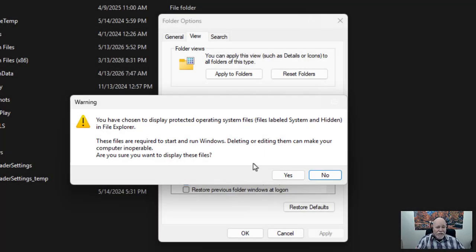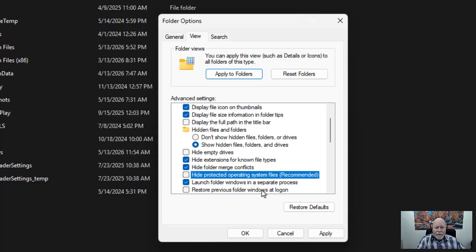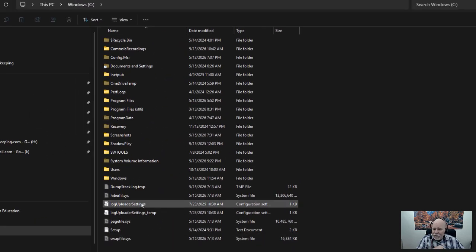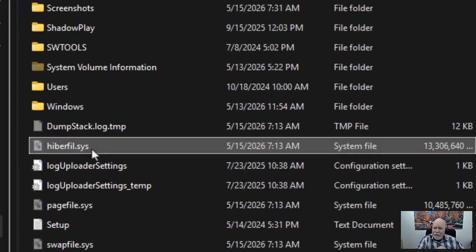You've got this little warning sign, lets you know that, hey, you're about to show some hidden system files. Go ahead and click on Yes. Again, not going to hurt anything. And then go ahead and click on Apply. And then OK. And the file that I'm looking at right here is this right here,